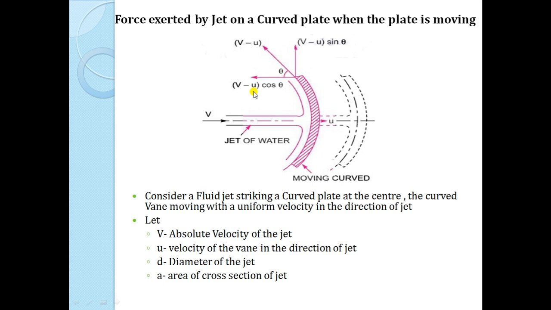So, if you are traveling to some places, say let us assume you are in a bus sitting near a window. Now, if some other vehicle overtakes your bus, you may feel that the velocity of the overtaking vehicle is slightly more than your bus. In the same way, since the jet is moving and the vane is also moving, the velocity with which the jet strikes the vane is the relative velocity, the arithmetic difference of the two values, that is V minus U.